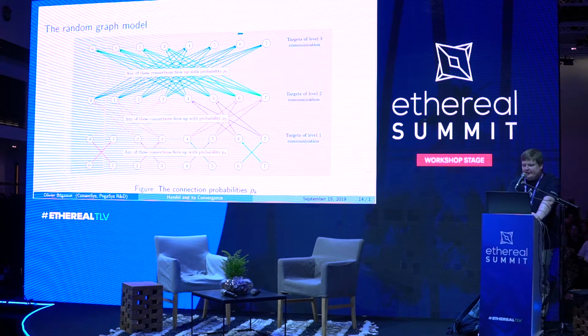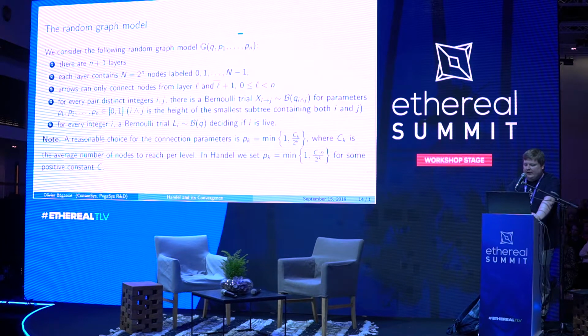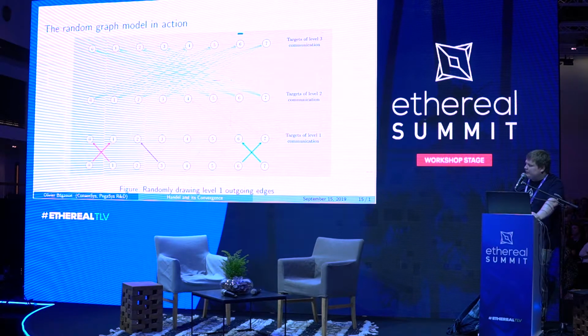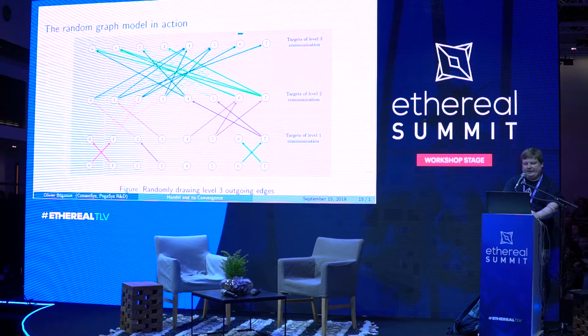You can imagine that you have all of these nodes structured in levels, and any one of these arrows can fire up with a probability that only depends on the level at which the arrow is. Furthermore, you have potentially dead nodes, so there is also a random variable that decides which nodes are alive and which are dead. And this is a static version of the dynamic version of Handel we described earlier. So again, I will give you a short example. So there is no passage of time. So when you draw the edges, they are basically drawn once and for all.